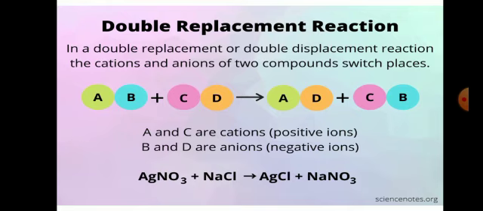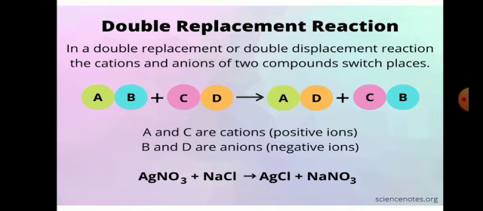So this is your double displacement reaction, which means two times displacement takes place, while in your single displacement reaction only one ion will change its position or replace another element or metal. Remember that cations and anions are your ions. Ions are groups of atoms that carry a charge. There are two kinds: positive ions and negative ions. Cations are positive ions and anions are negative ions.